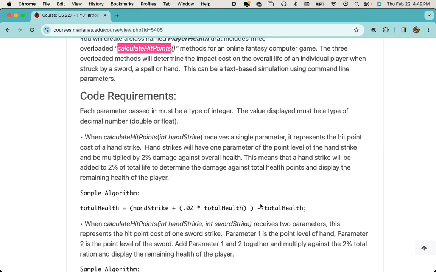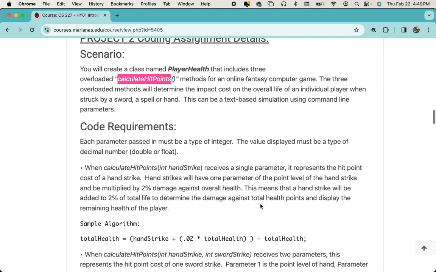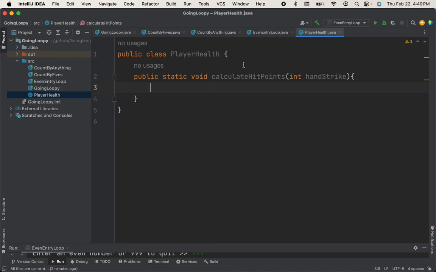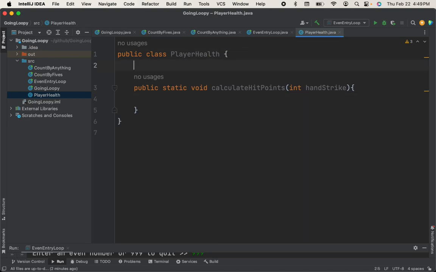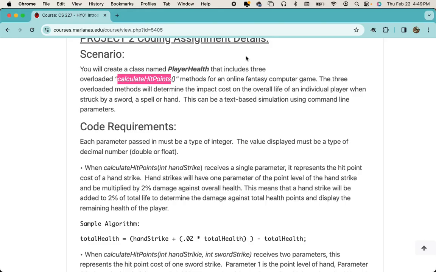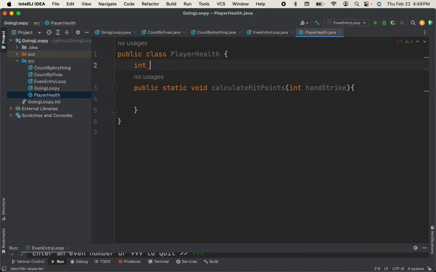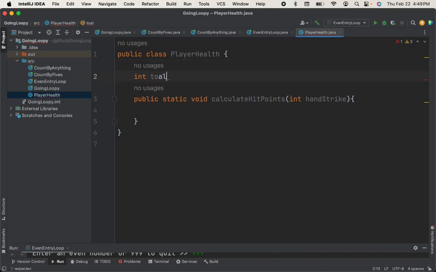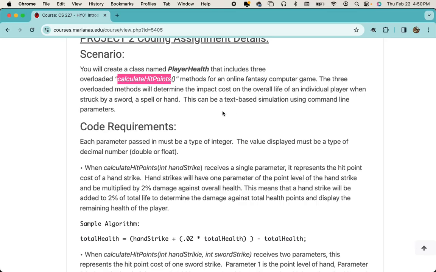So we're going to start with an int here, and this is going to be total health equals 100. The first method